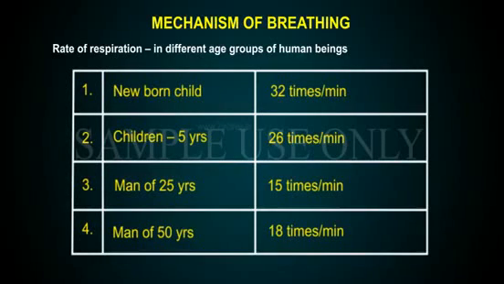Rate of respiration in different age groups of human beings. 1. Newborn child, 32 times per minute. 2. Children up to the age of 5 years, 26 times per minute. 3. Man of 25 years, 15 times per minute. 4. Man of 50 years, 18 times